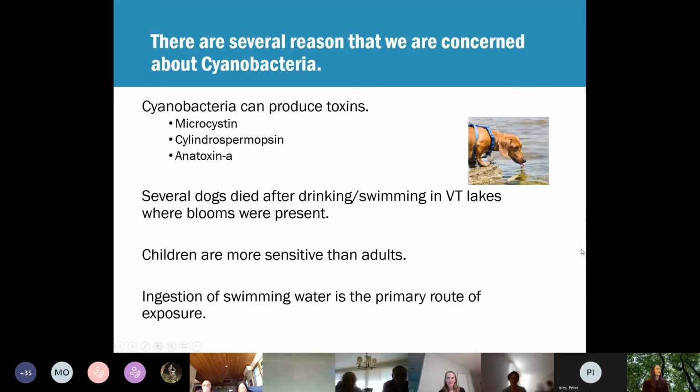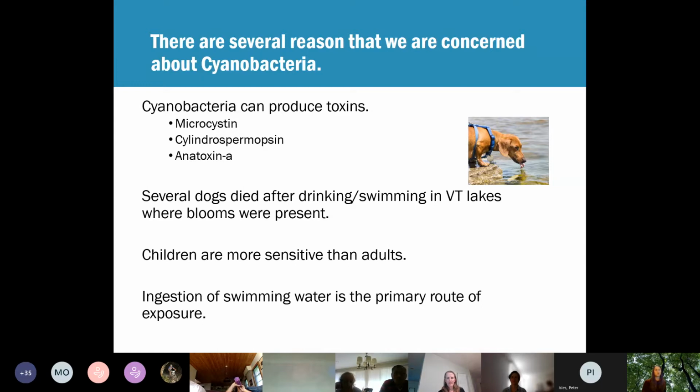So the first reason, as Peter mentioned in his presentation, is that cyanobacteria blooms can produce toxins. And I've listed the 3 main toxins that we monitor for here in Vermont. Those are microcystins, cylindrospermopsin, and anatoxin. As Peter pointed out, some species are able to produce 1 or 2 types of toxins. Some can produce lots. We never really know when a bloom is producing toxins, and that's something that scientists are still trying to understand. Even when they have the genetic material and the capability to produce toxins,